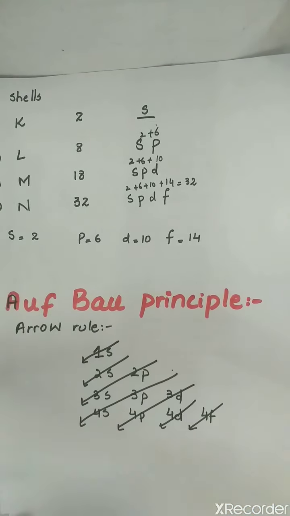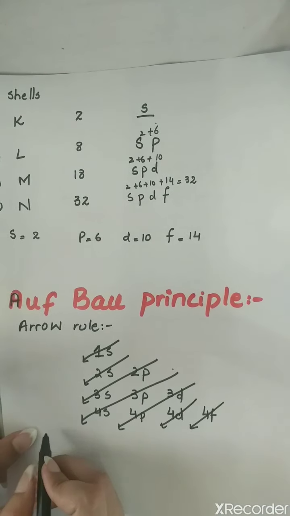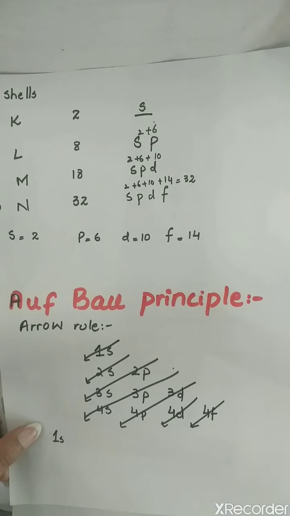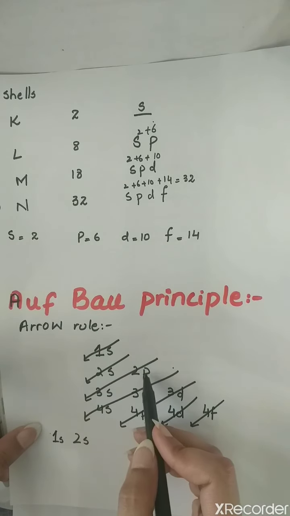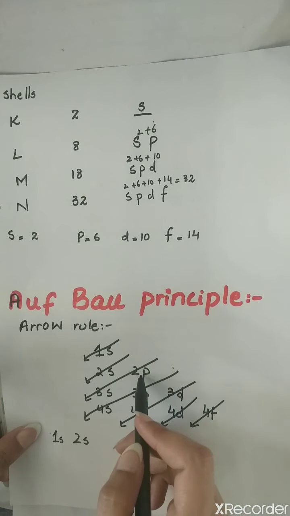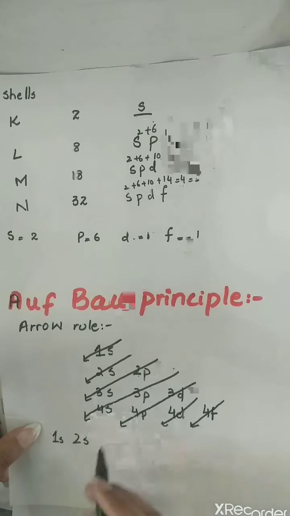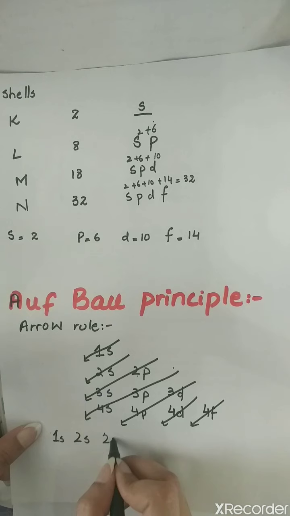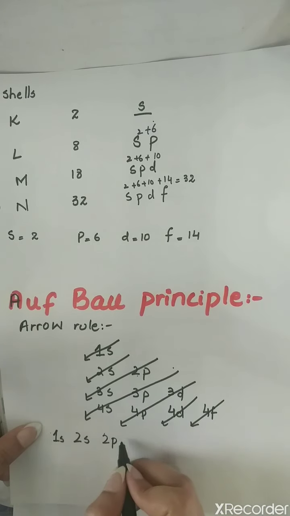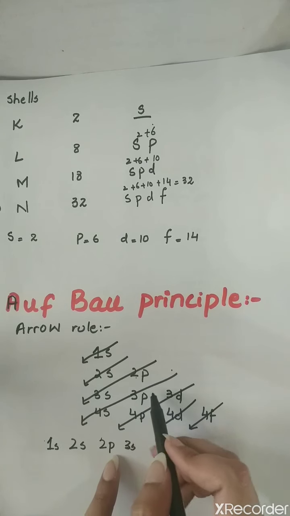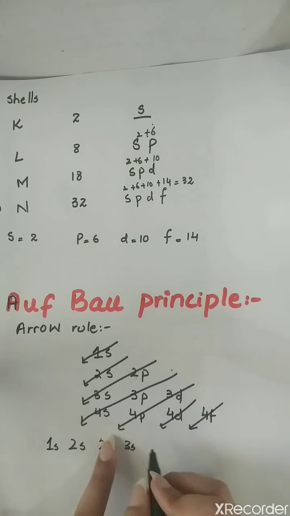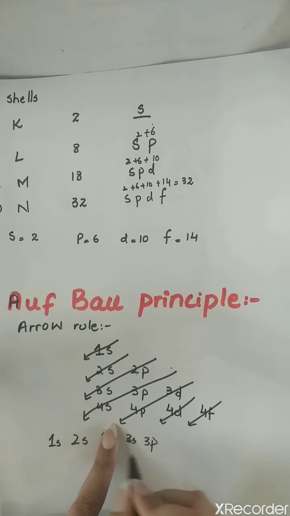This is how it's done. Now we are going to write 1s first, then comes the 2s, then starting from the right, the arrow starts from here, so we are supposed to write 2p, not the 3s. So next will be 2p, after that will come 3s, then come to the right, the arrow starts from here, so 3p is going to come here, 3p,